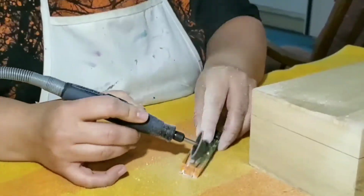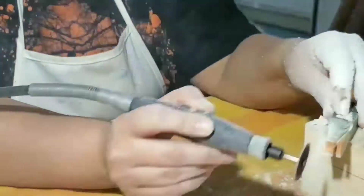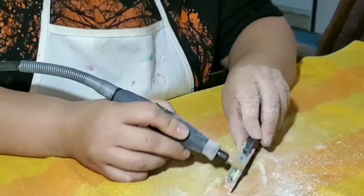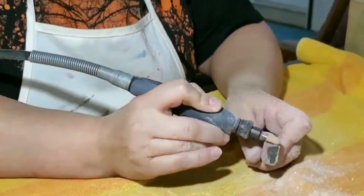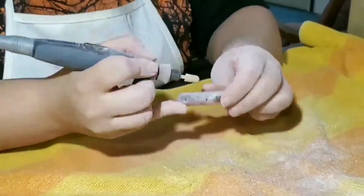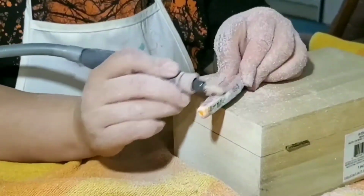Hi there, everybody. So today I am working on carving a resin piece. I am aiming for a wand with a heart up the top. This particular piece has every color of the rainbow, just kind of sporadically thrown in there. Some of the colors mixed and some of them didn't. So stay tuned for a fun little surprise at the end of the video to see what it looks like